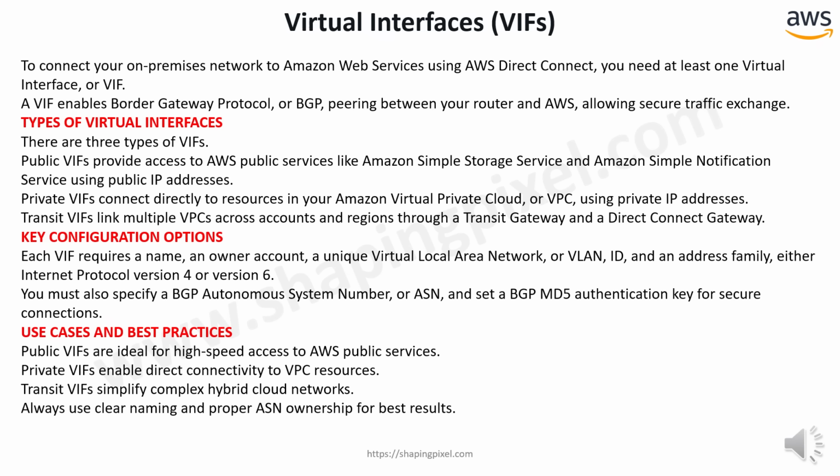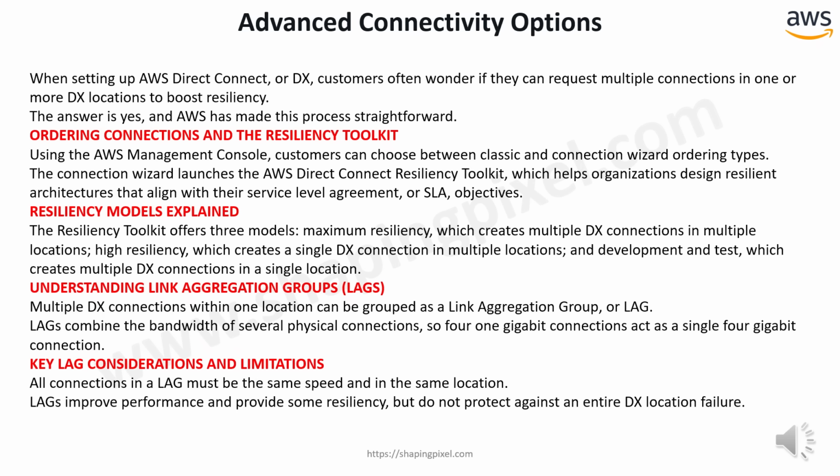The Connection Wizard launches the AWS Direct Connect Resiliency Toolkit, which helps organizations design resilient architectures that align with their Service Level Agreement, or SLA, objectives. Resiliency Models Explained. The Resiliency Toolkit offers 3 models: maximum resiliency, which creates multiple DX connections in multiple locations; high resiliency, which creates a single DX connection in multiple locations; and development and test, which creates multiple DX connections in